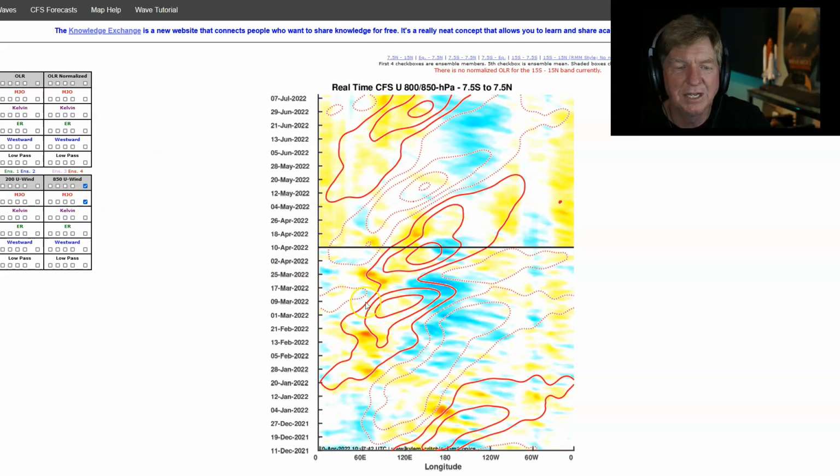All right, the red solid contours, the active phase of the MJO. So there was one back in December, January, that created that little burst of westerly anomalies that created a Kelvin wave. We had an inactive phase. Now the active phase, again, here's 135 east, the far west Pacific. So this active phase started reaching the far west Pacific in February, but it kind of stalled. La Nina just wouldn't give up. Now the active phase is making its way across. Still, easterly anomalies are trying to hang on, but within the next couple of days, westerly anomalies pretty much fill the